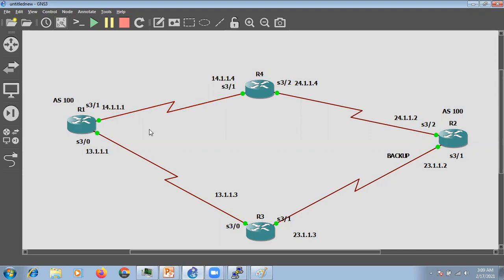Let's suppose the subnet that it is receiving, 100 or something, it is also receiving via R3, but this is the backup path. So once this path is down, only then it will use this path. So for 3 minutes, it will keep on sending the traffic to R1, though the link is down, right? So your traffic is going to be black hole, right?